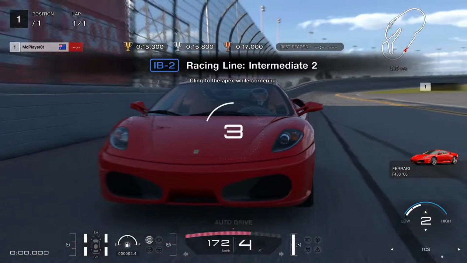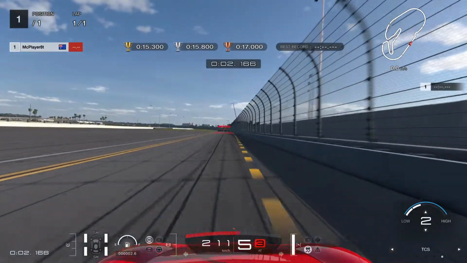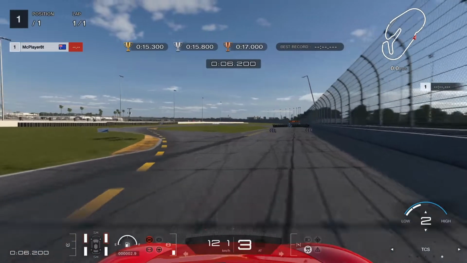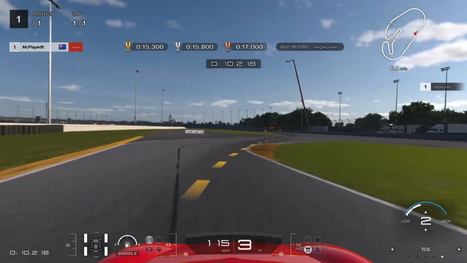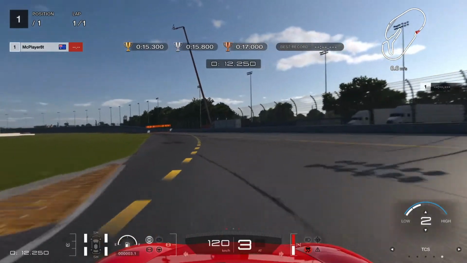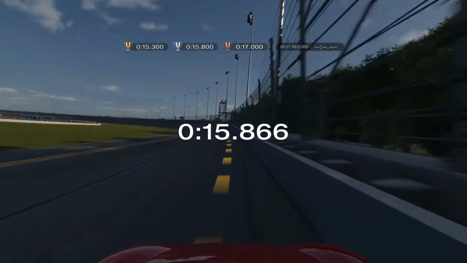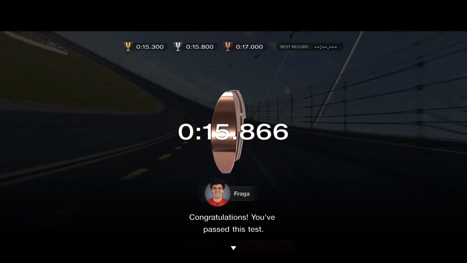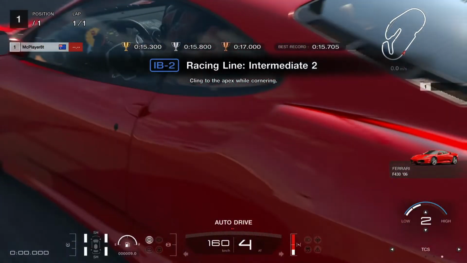So here we go then. We have a Ferrari this time, and the course is the Daytona Road course, and we have to deal with the chicane on the back straight. So we run a little bit deep on entry, and the line through it is a bit compromised. Because of that, could have carried a bit more speed. But anyway, we cross the line. This will be a decent benchmark. It's a 15.866. We need a 15.3 to get gold, so we have a benchmark now,